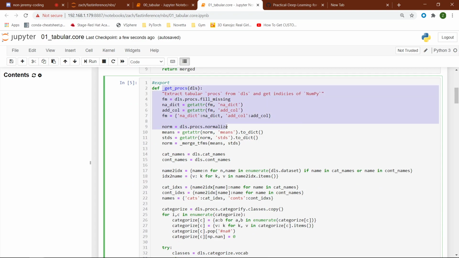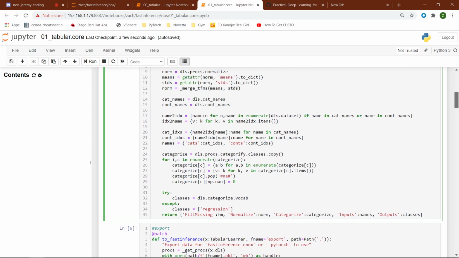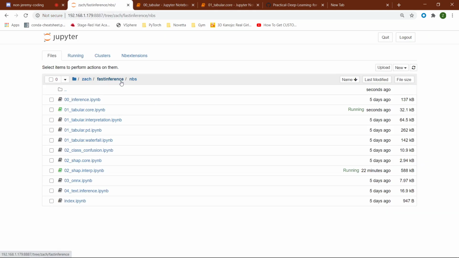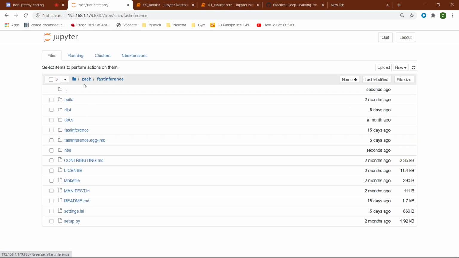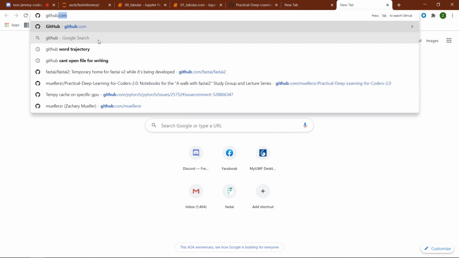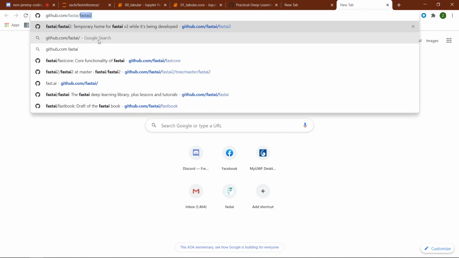I've modified this particular function right here, get procs, inside of a notebook dev module, and I want to go ahead and export that. So I'm just inside of fast inference, and this is taken from the template, which is at github/fastai/